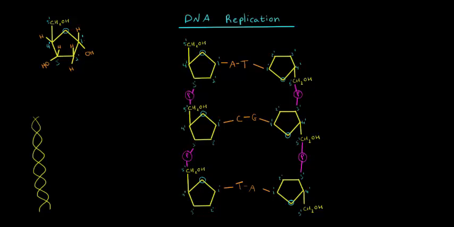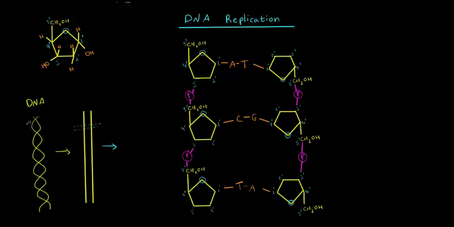Let's talk about how DNA is replicated. And in order to understand that, it's important to review the structure of DNA. So let's take a piece of DNA that we have right over here, and let's just unwind the two strands. And then let's focus on a very, very small area in this double-stranded DNA, and that's the diagram that you're